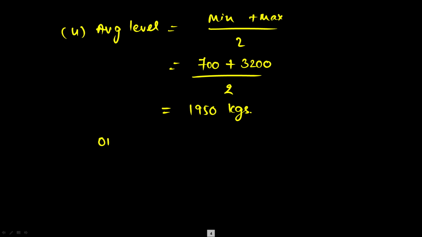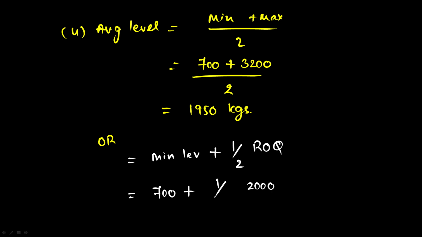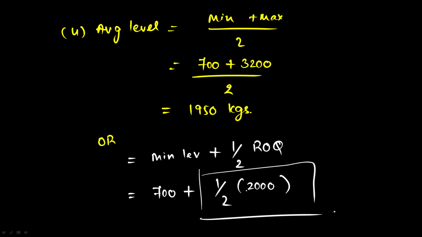Or it can be found out by minimum level plus half of ROQ. What is minimum level in our case? 700. What is our reordering quantity? 2000, into this. We do sometimes this also. 2000 divided by 2. When we do it,